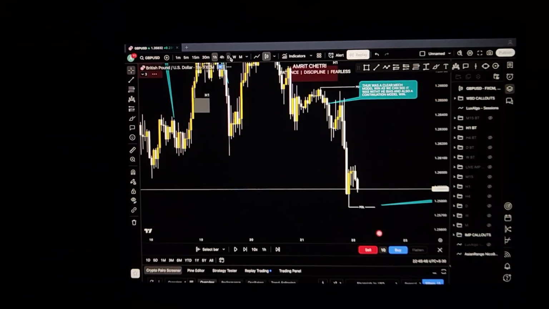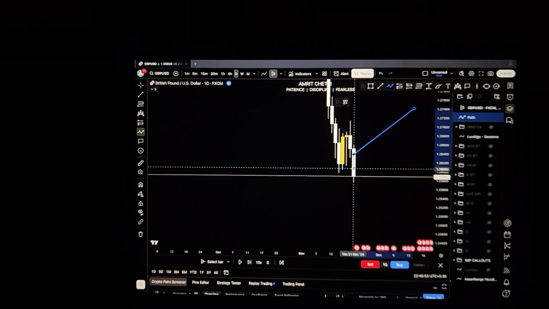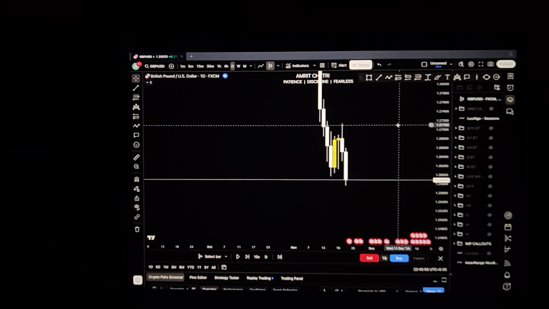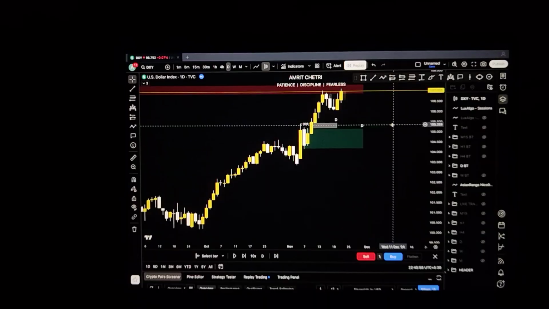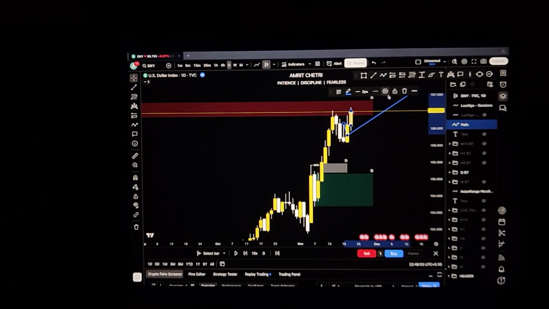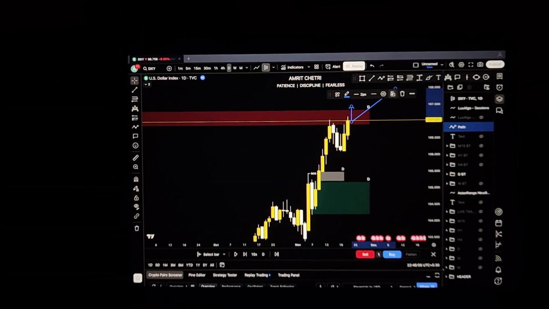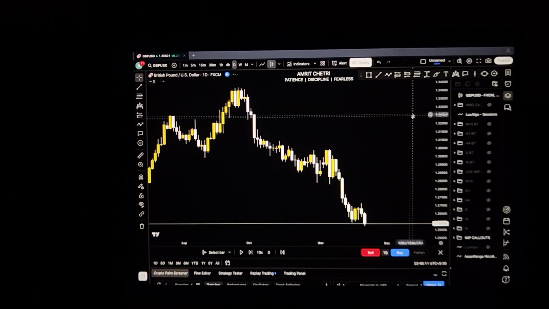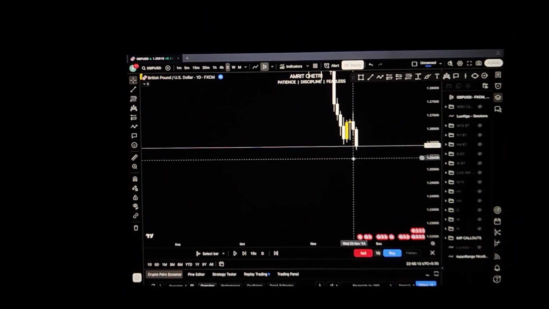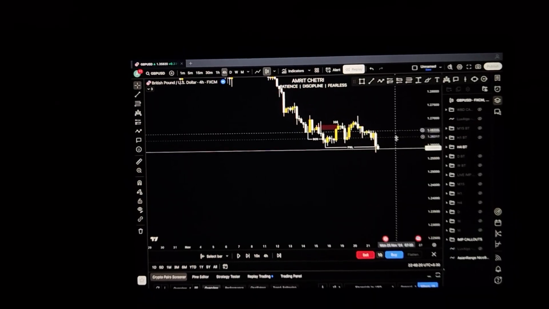So now on Friday, let's see what the bias is. On Friday, the bias is again bearish because of how this Thursday candle closed, and it is also aligning with the weekly bias being bearish, so it is looking good. The contrary is true on DXY, which is bullish on Wednesday and also bullish on Thursday. So on Friday we'll be looking for buys again. On GBP USD, Wednesday and Thursday were bearish, so on Friday I'm looking for sells again. And yeah, mate, that was basically what I'm looking for.